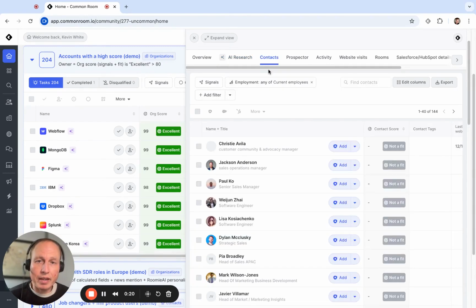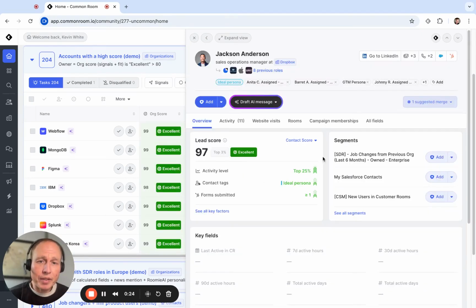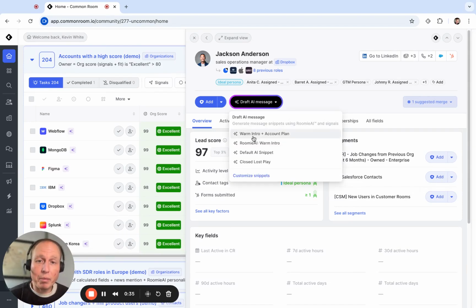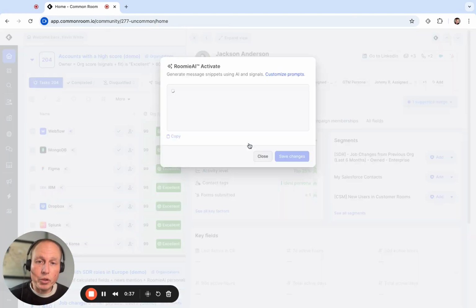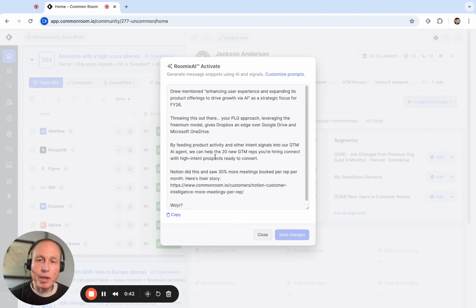So if I click on this contacts tab here, we should be able to see Jackson here. And I can click in Jackson, see why he's a top candidate for reaching out to. And then I can also use our RoomieAI Activate feature to generate a personalized message. So I'm gonna click on this RoomieAI warm intro, and you can see here, this pulls up a personalized message